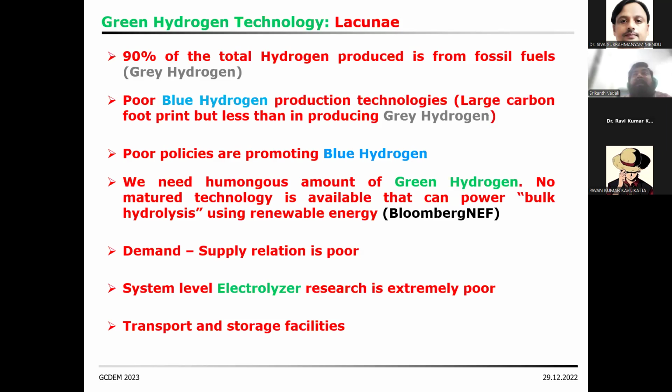Okay, so that is why you can see throughout the world now India started rolling out, DST, for example, is rolling out advertisements for developing system level electrolyzers, 5 kilowatt, 10 kilowatt, whatever is possible, Indian made electrolyzers. Because in electrolyzers you need catalysts, and these are mostly highly active catalysts, platinum, ruthenium. These are very costly and not available. Okay. Also the demand supply relation is pretty poor.